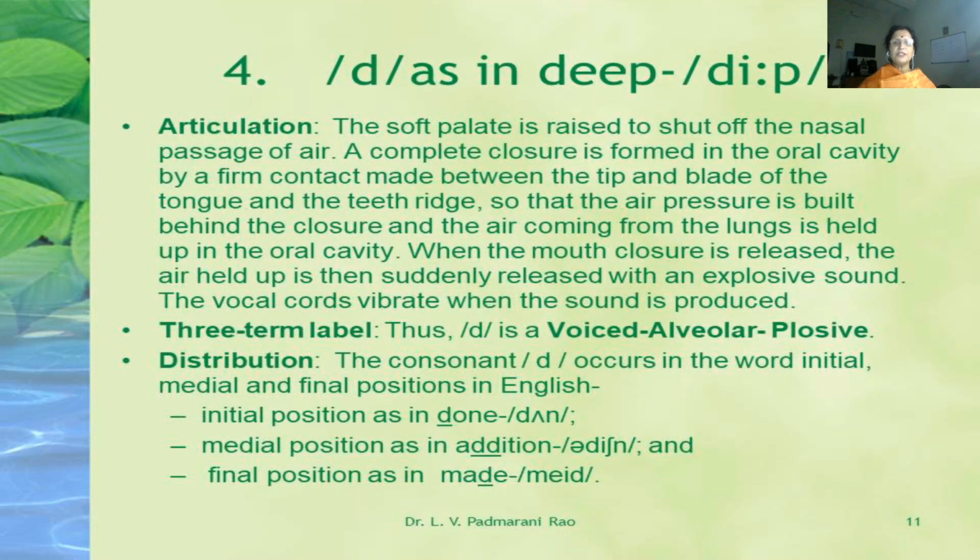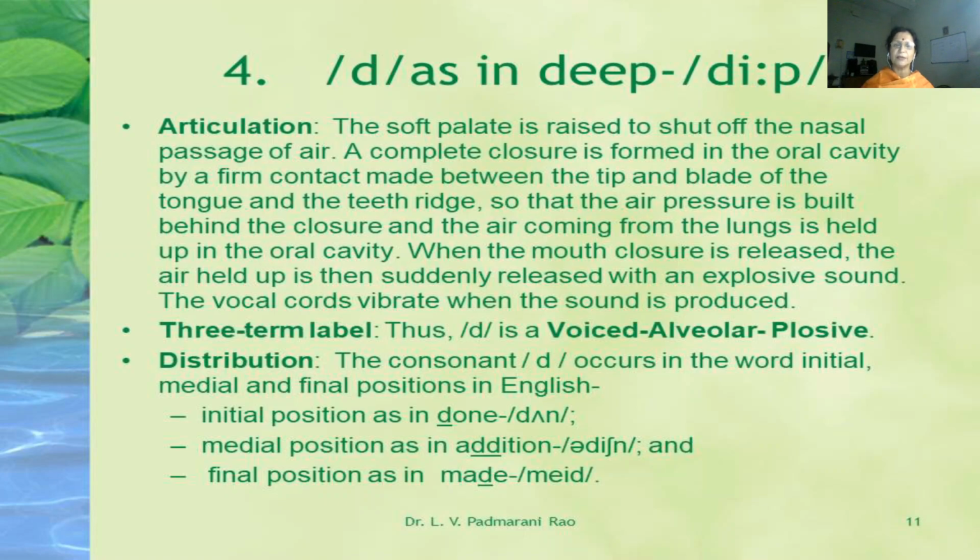The next counterpart of T is D sound, as in D-E-E-P, deep. The articulation of T and D is exactly the same, excepting that D has the vocal cords vibrating and T doesn't. So during the articulation of D sound, the soft palate is raised to shut off the nasal passage of air. A complete closure is formed in the oral cavity by a firm contact made between the tip and blade of the tongue and the teeth ridge, so that the air pressure is built behind the closure